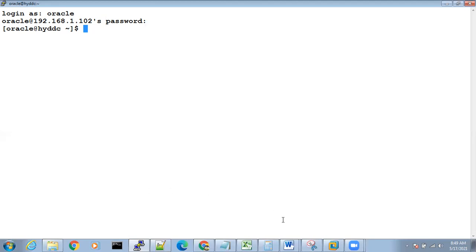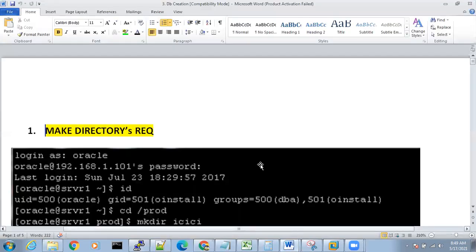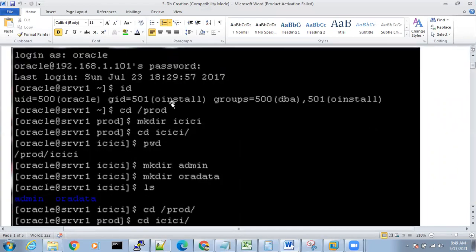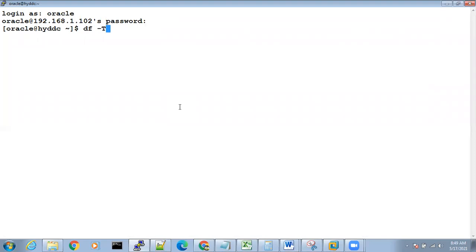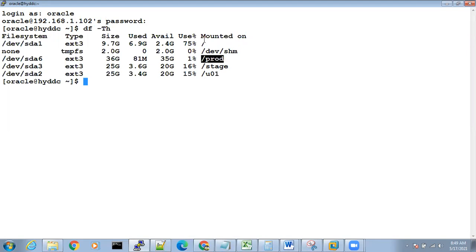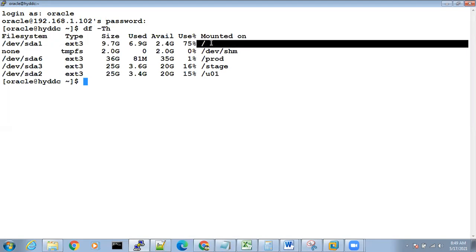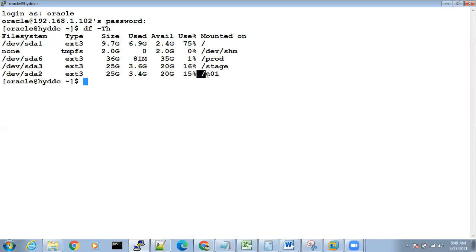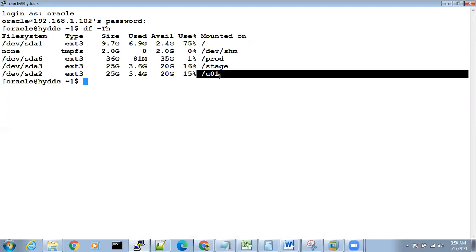To create a database, there are certain steps that we have to follow. The first step is to make the required directories. As I said, there are multiple mount points: /stage, /u01, /prod, and /. The / belongs to the root user, and /stage belongs to the Oracle user. The purpose is to store the software. /u01 belongs to the Oracle user, and the purpose is